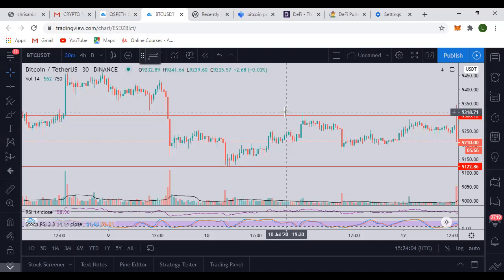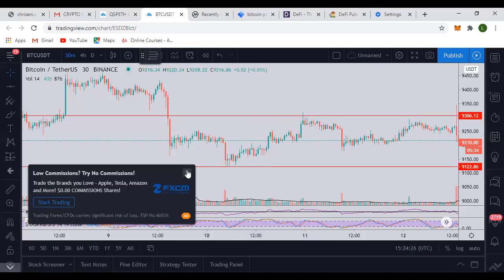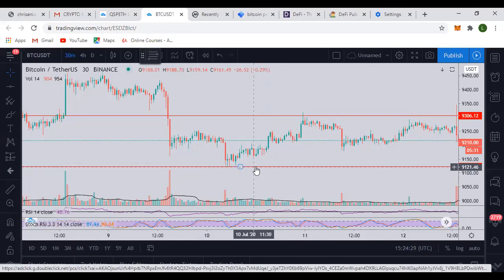Thank you. Now, resistance is a price ceiling that stops the price from going above a certain level. The same thing support does on the ground is what resistance does above. This one I'm pointing at, yes, that is resistance. This one that I'm pointing at now is support, because it stops the price from going below that level, and then the resistance stops the price from going above that level.